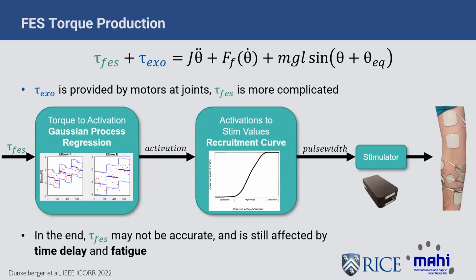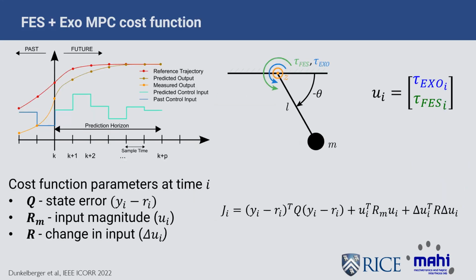As roboticists, we're very familiar with how to provide torque from a robot, but torque from FES, as I mentioned, is a lot more complicated and tricky to model. So we go through several steps of calibration to come to a predicted level of FES given a control input, but we still have to manage the effects of time delay and fatigue, and also our model may not be all that accurate. Just as a quick overview of how model predictive control works,